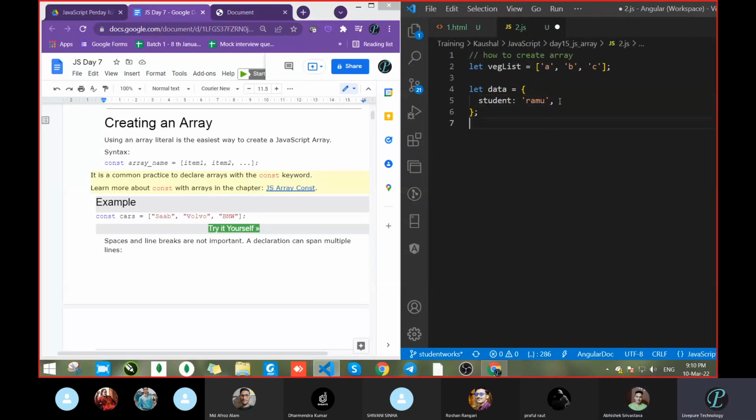Colon, like this, Ramu. Yes, correct. So it is going to make the collection of data itself. Fine. What is the difference in both, because both are going to store the same data? I am telling you here itself. This is your named value. Means the key is having a name, like a student name, age. This way we will pass the data.